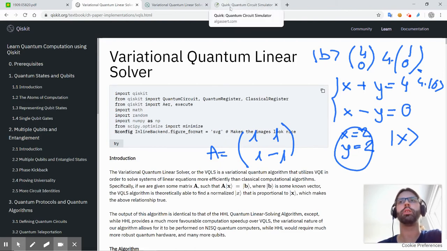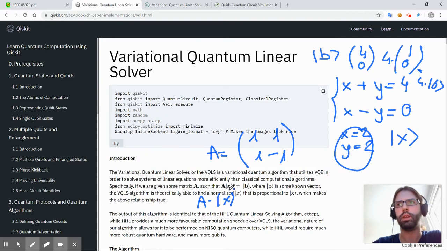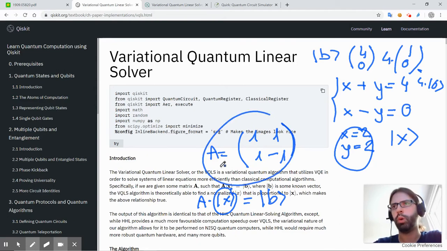Okay, let's try to see if this works, because the way that I approach this problem is, as I said, we want to calculate these as this being our ansatz, and we want to make sure that this is overlapping with these. And here, because we just need 1 qubit, right? Because A is like that, but we need to decompose A, because that is not